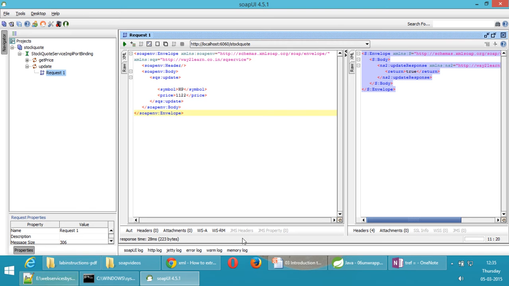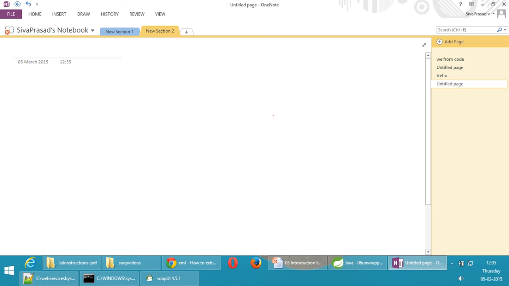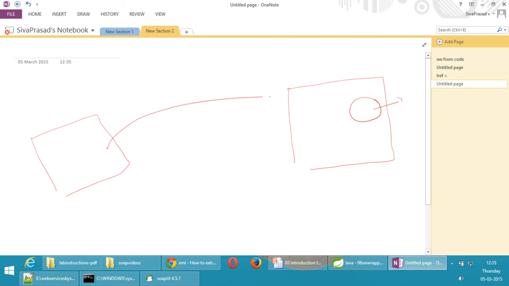Or I can put web services in another way also. Let's say I have a web service on one machine like this here. This is a web service on some machine which has some procedures or methods. Then a client on another machine will try to invoke this procedure, a remote procedure. So the client is making a remote procedure call. So should we see web services as an RPC mechanism or messaging?